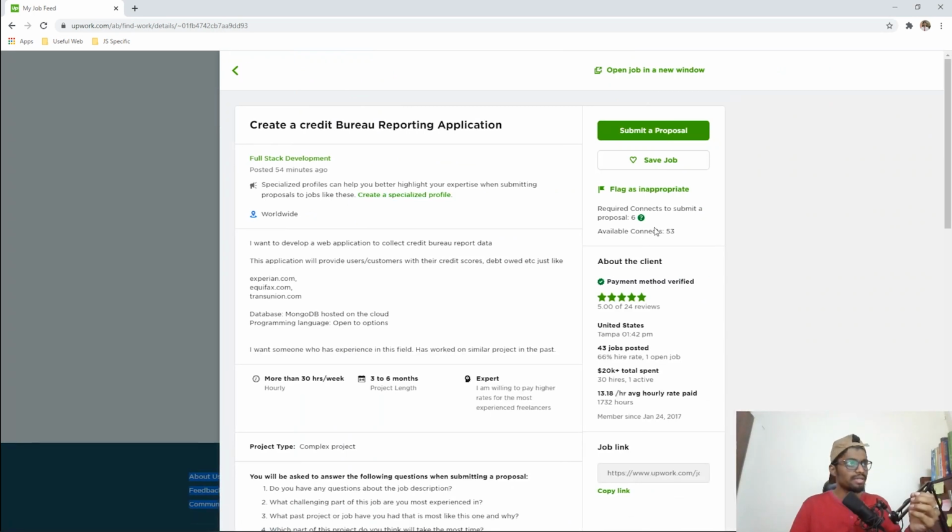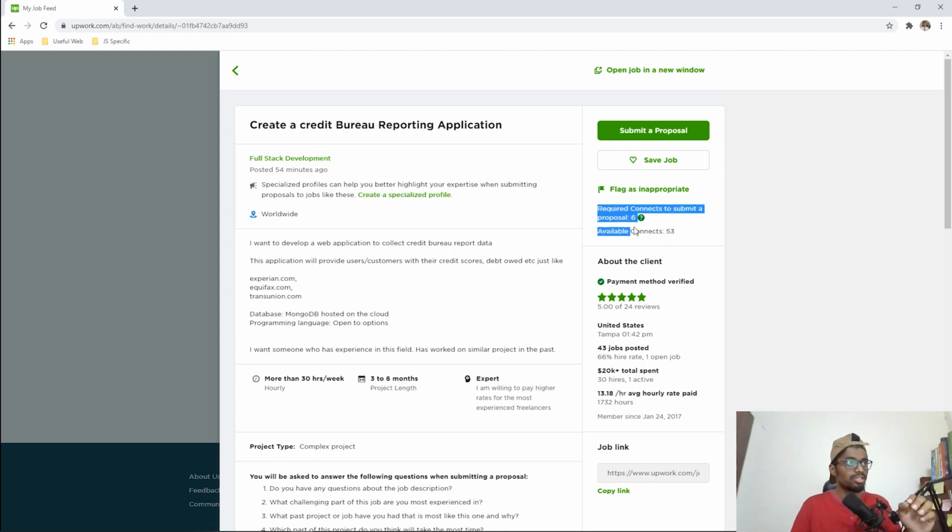You'll see it requires connects to submit a proposal, that is 6, and I have 53 available connects. For each project you apply to, this will be deducted from your connects, because if that is not done, you will keep on applying to projects, and it doesn't work like that. So you need to have available connects.